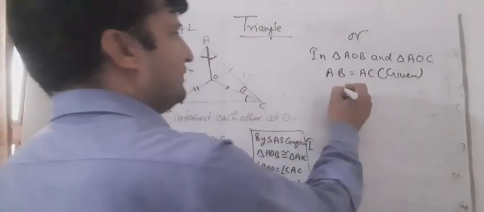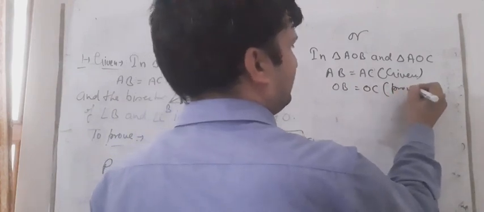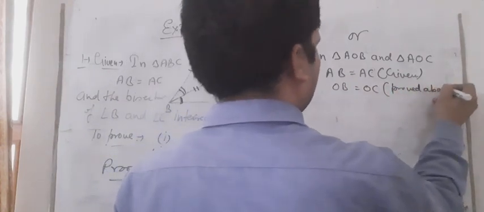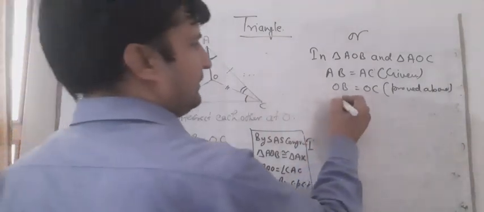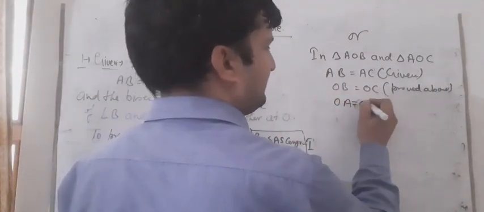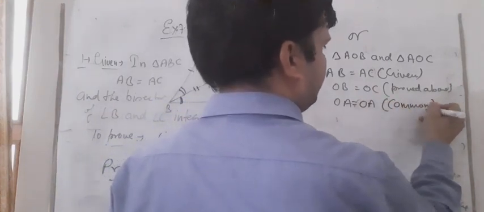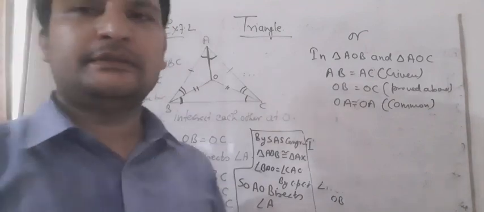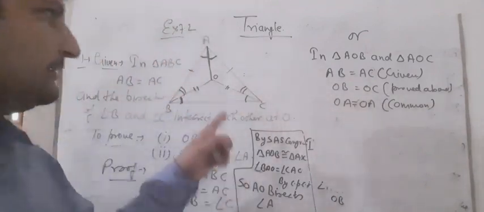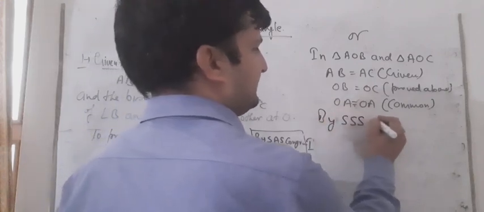Similarly here OB is equal to OC. We have proved above, and OA is equal to OA. We can say that it is common. So by SSS congruency,